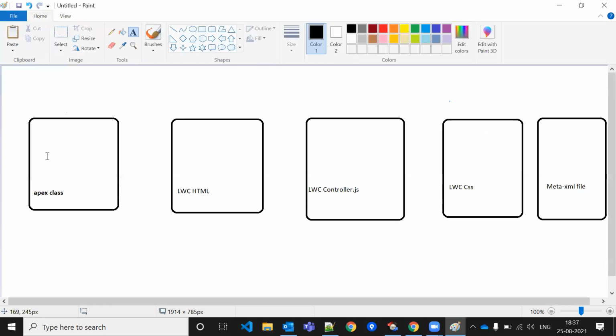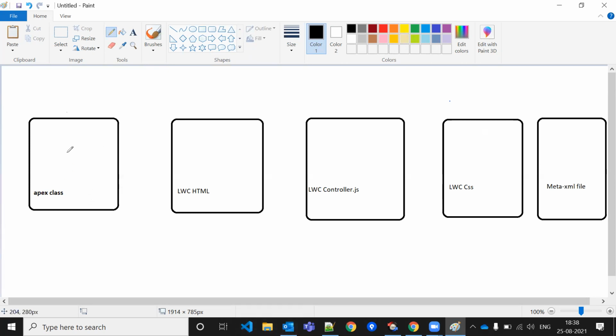Okay, so now communication between all these things is, suppose you are using the Apex class. Apex class is mandatory because if you are dealing with the database and we need some modification over there, so definitely we need the Apex class.